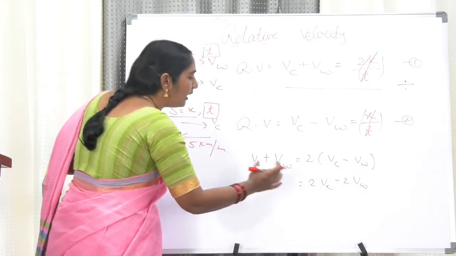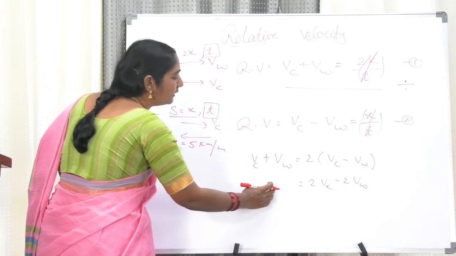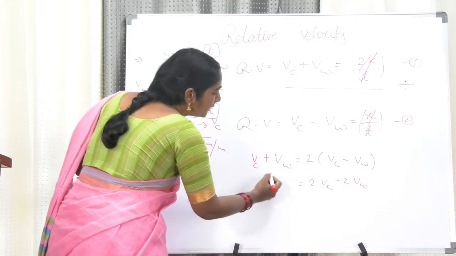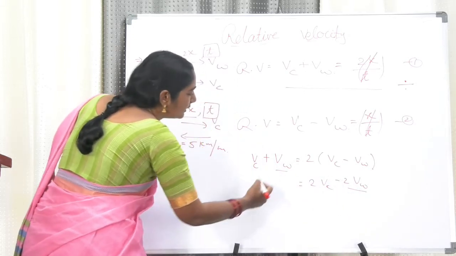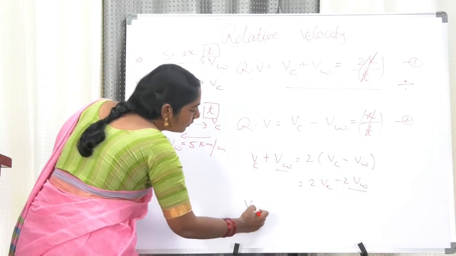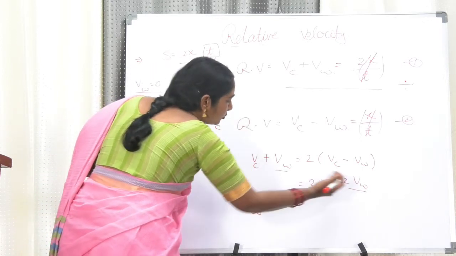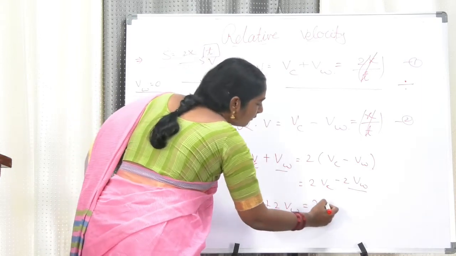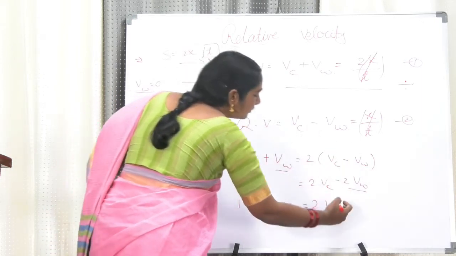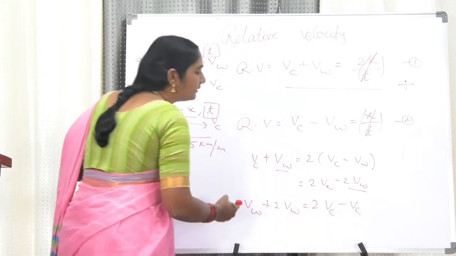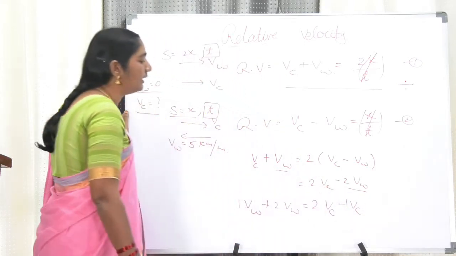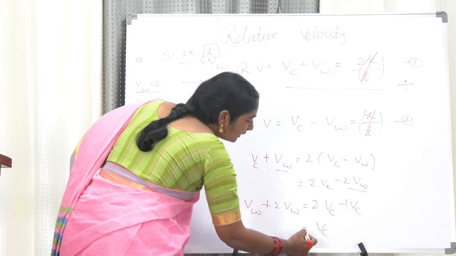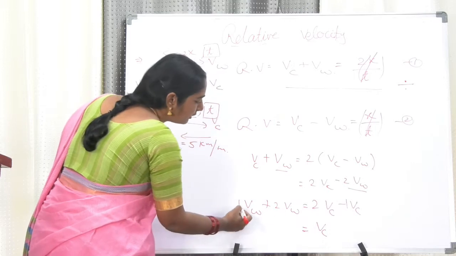Now I can take this quantity to this side and that quantity to that side, similar quantities to one side. So in the next step, I am bringing these quantities to this side. VW already 1 is there, plus this 2 comes here, so 2 VW, the velocity of the wind, is equal to the velocity of the cyclist. This, when taken to that side, becomes minus. The coefficient 2 minus 1 is 1, so the velocity of the cyclist 2 minus 1 is 1. 1 plus 2 is 3.